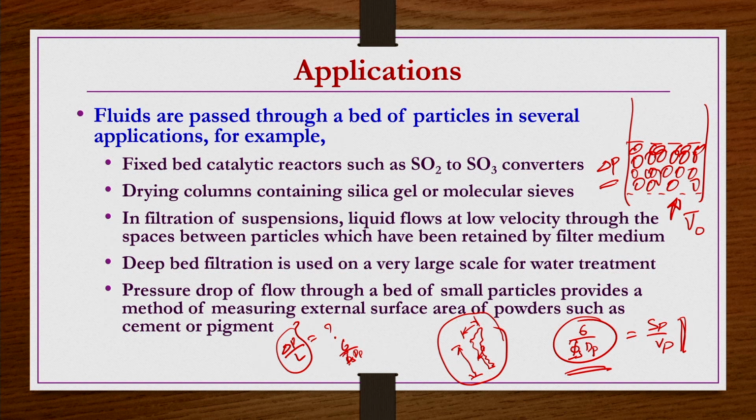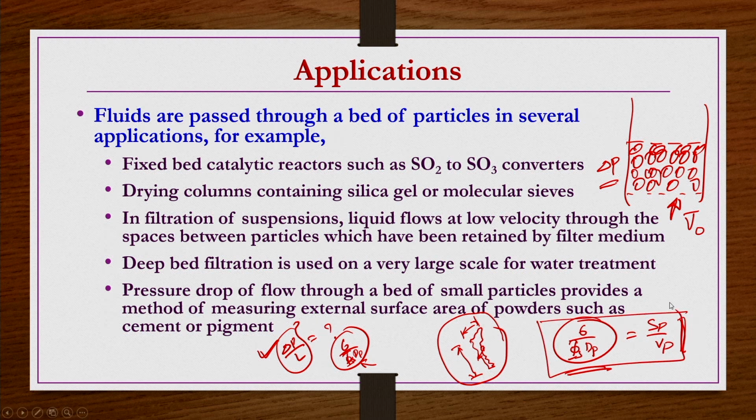Or the size of the particle, if you assume that it is not known from a theoretical point of view. Then whatever delta P you get experimentally, you use that, and only on the right-hand side you may not be knowing 6 by pi s dp. So, everything else is known. Then 6 by pi s dp you can calculate, which is nothing but Sp by Vp for a given